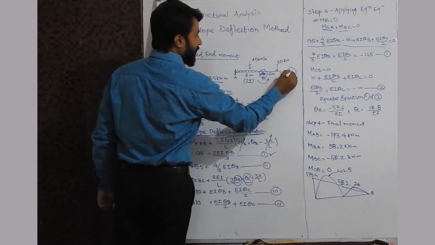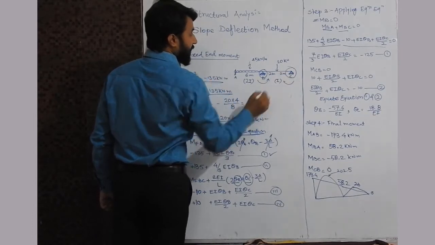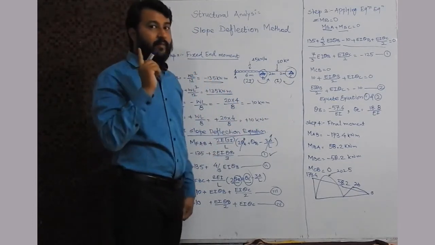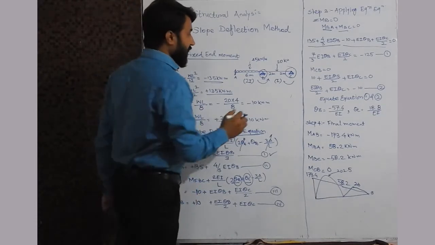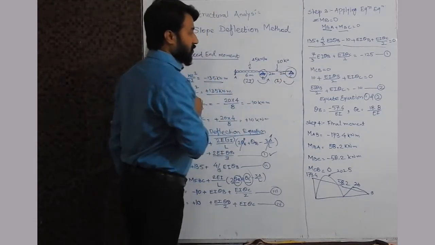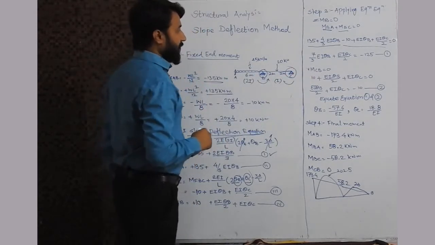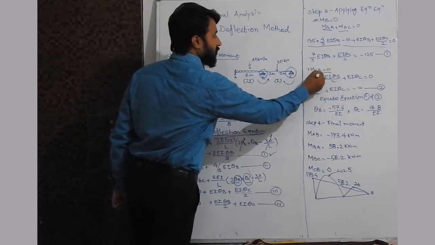So you can see here at C, this is the end hinge support, and we know that at the end hinge support the moment is equal to 0. So we can say that moment CB is equal to 0. So the second equation we will apply on joint support C. So moment CB is equal to 0, if we apply.